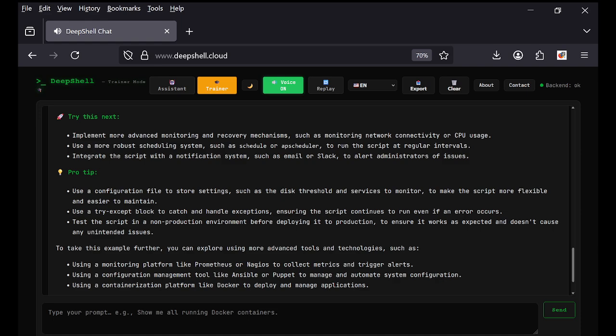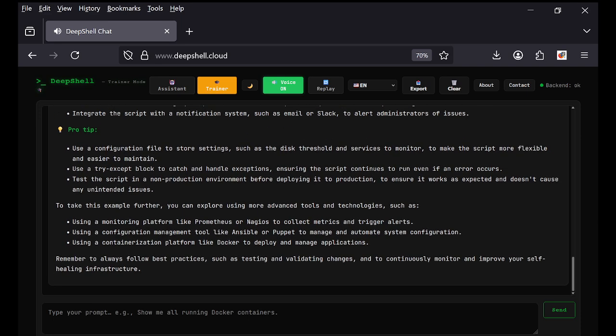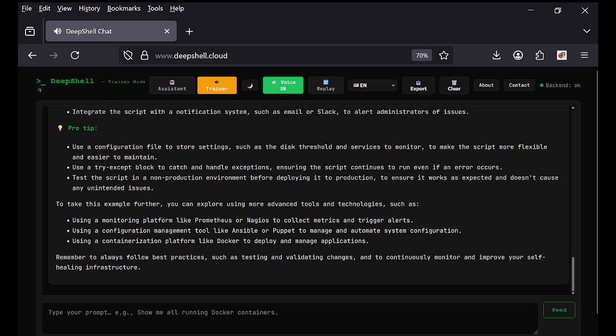Pro tip. Use a configuration file to store settings, such as the disk threshold and services to monitor, to make the script more flexible and easier to maintain. Use a try-except block to catch and handle exceptions, ensuring the script continues to run even if an error occurs. Test the script in a non-production environment before deploying it to production, to ensure it works as expected and doesn't